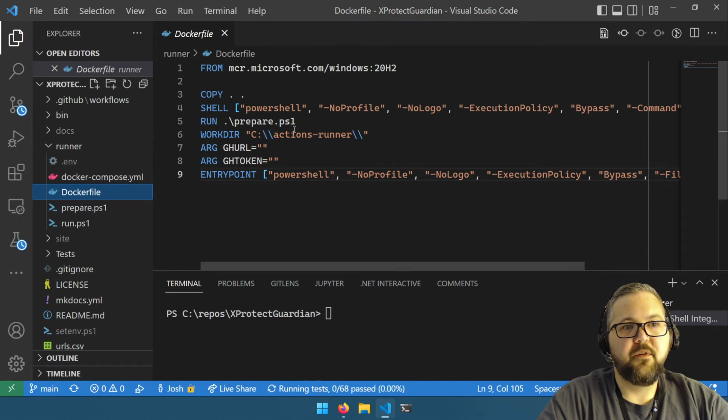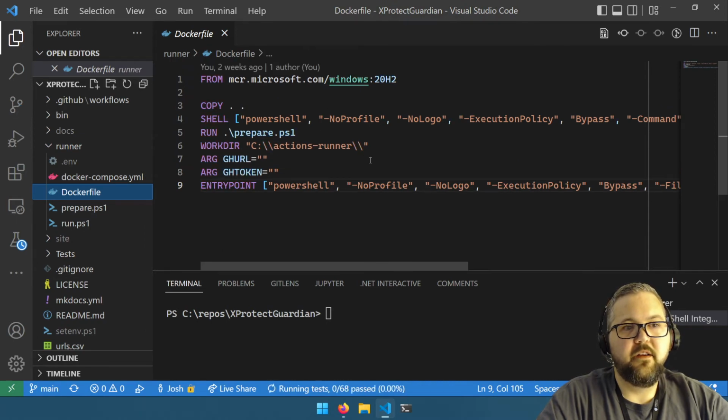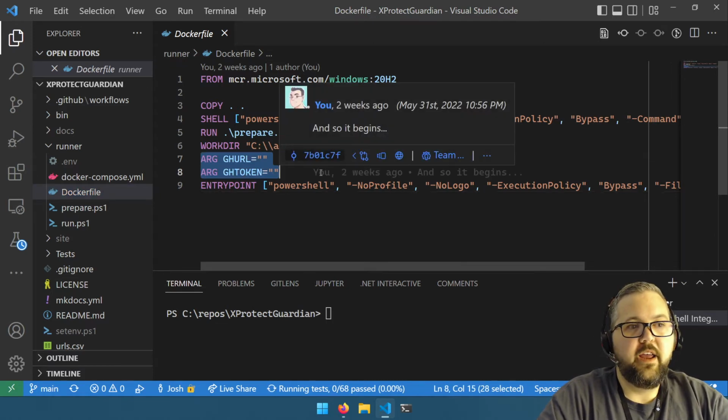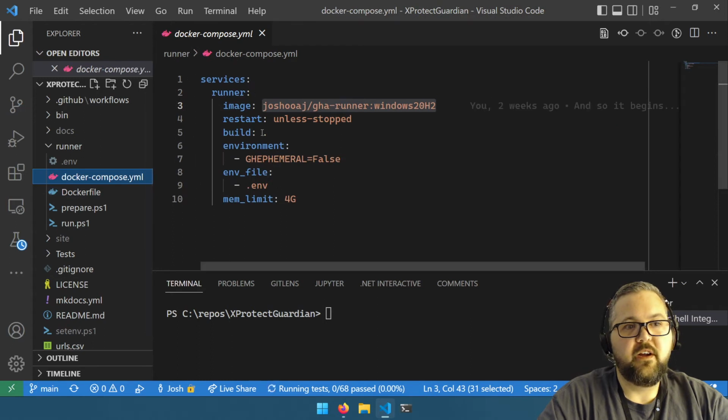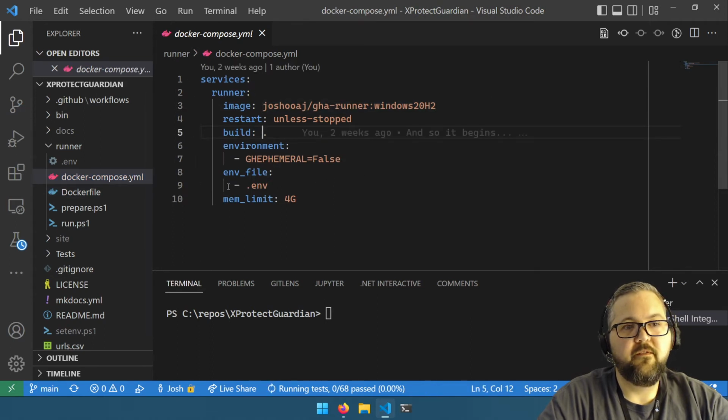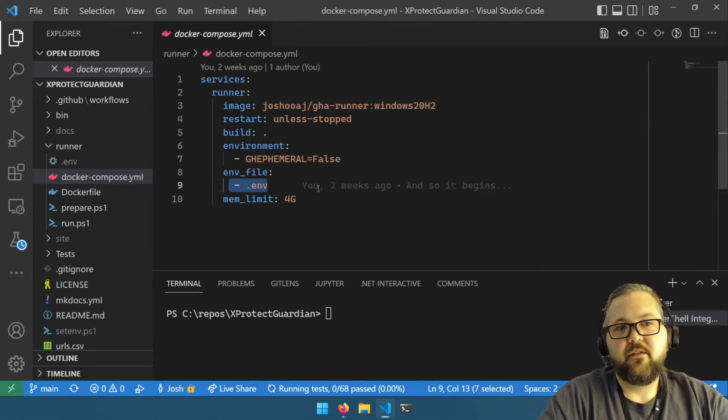I have a fairly simple Docker file that is saying we're going to have a GitHub URL and a GitHub token, and then our Docker Compose file is going to provide those arguments from a .env environment variable file and